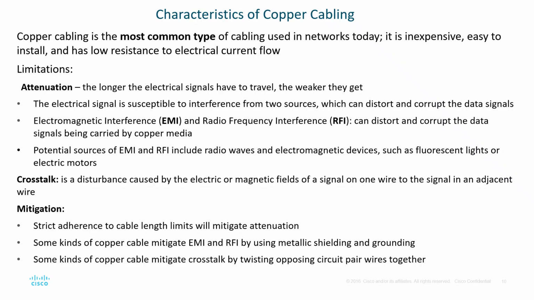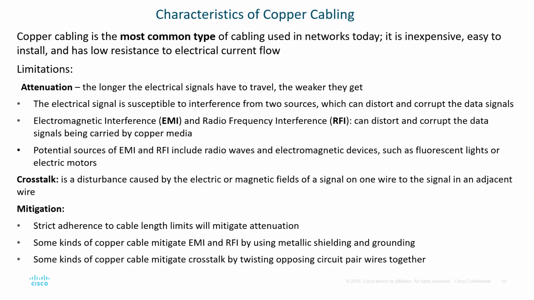Now, crosstalk is a disturbance caused by the electrical or magnetic fields of a signal in one wire to the signal in an adjacent wire. Let us not forget, copper is an inductor, okay? It generates potentials, okay? I could have two different wires with a potential that will really harm one or the other. Now, the way that we mitigate this,